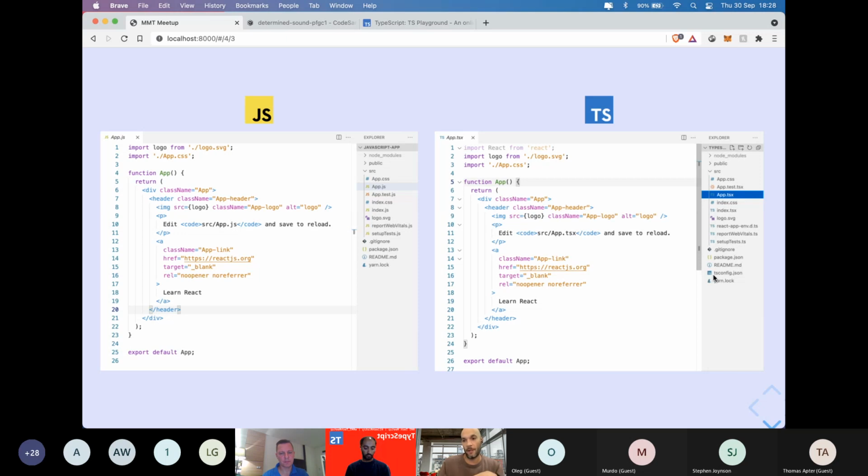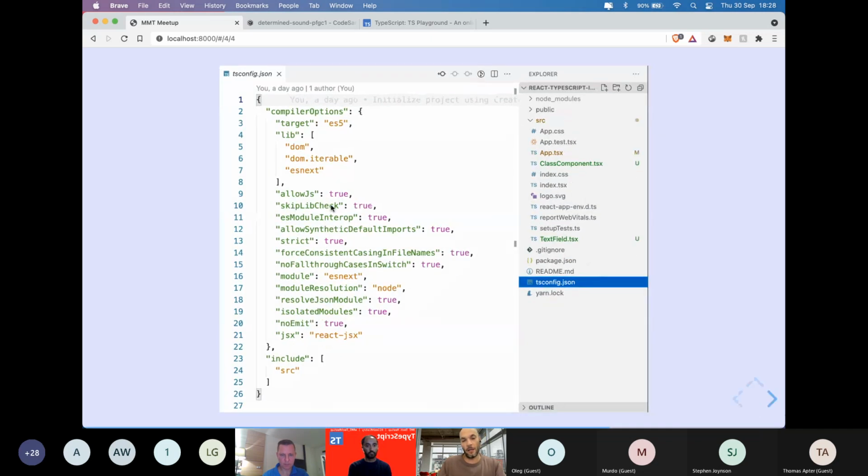We can also notice on the right side, on the TypeScript application, we have this tsconfig.json. This file basically controls the compiled, or better, the transpiled code that gets transpiled into JavaScript. In this case, you can set the target. By default, I think it's the latest one; in this case, it's ES5. Another important one is strict. So you must basically type everything in your application if you want TypeScript not to get angry